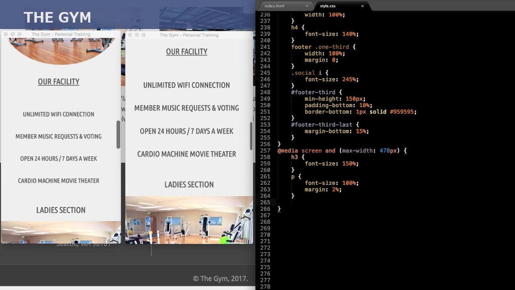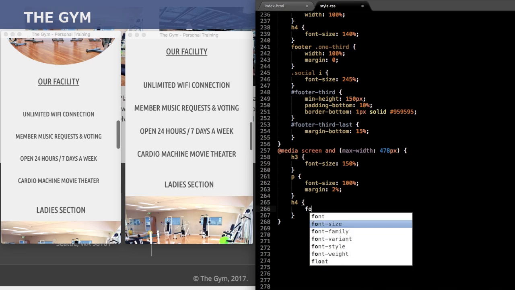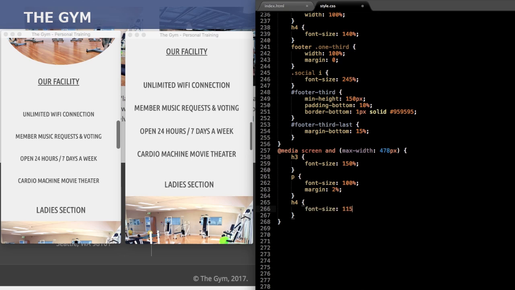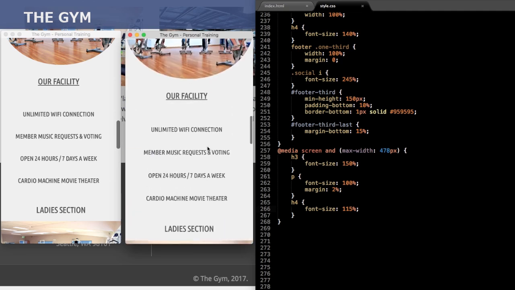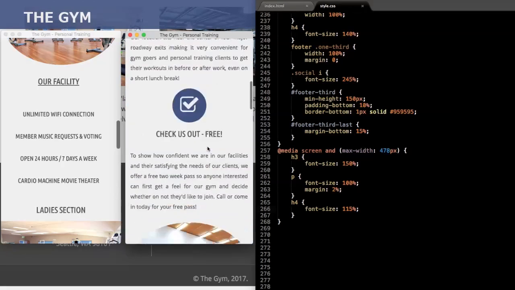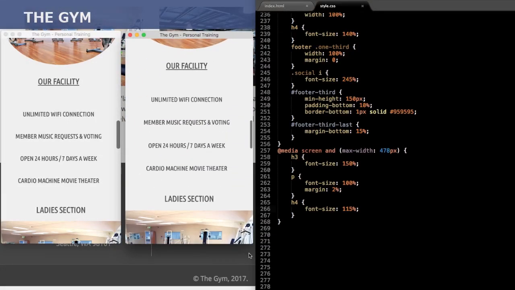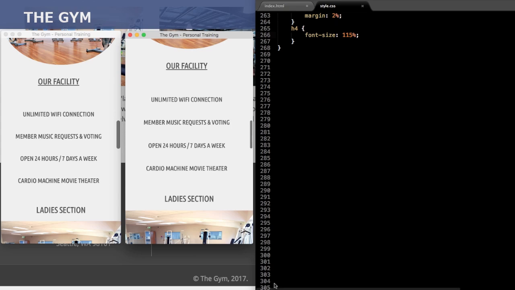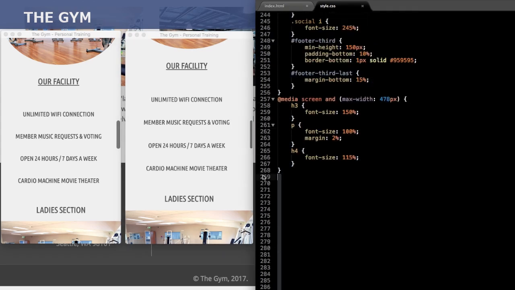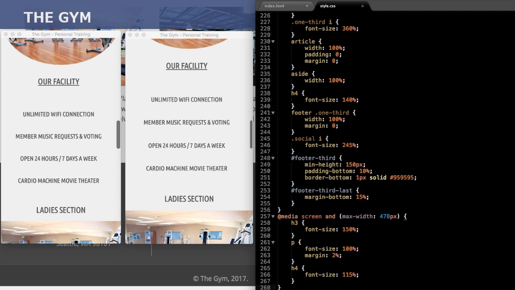So write H4, and then let's give that a font size of 115%, down from the 140% in the 768 pixel width media query. Alright, so there we go. It's up to you if you want to change the heading 5 at the very bottom in the footer for the links, but I think this looks pretty good. So let's get rid of the extra space here if you have it in our style sheet,